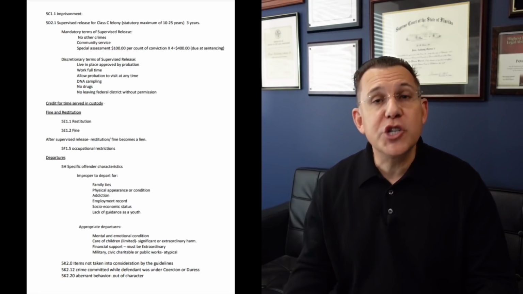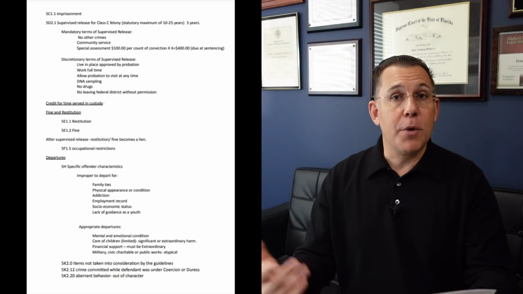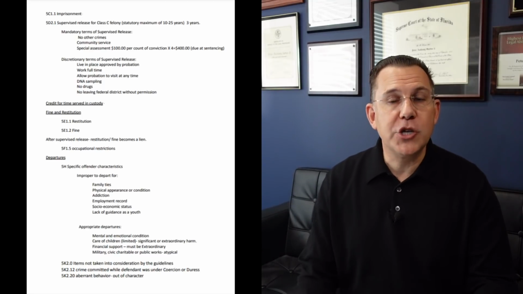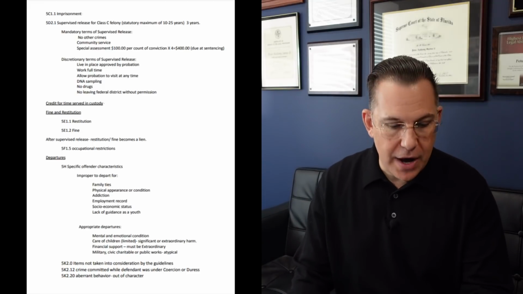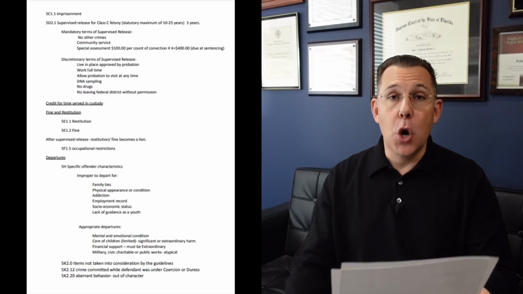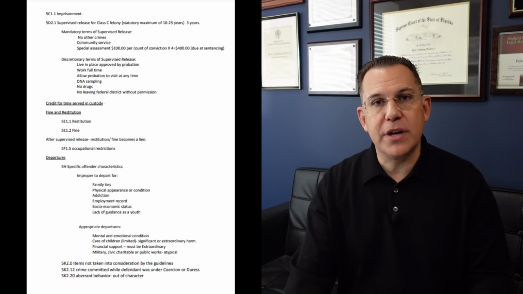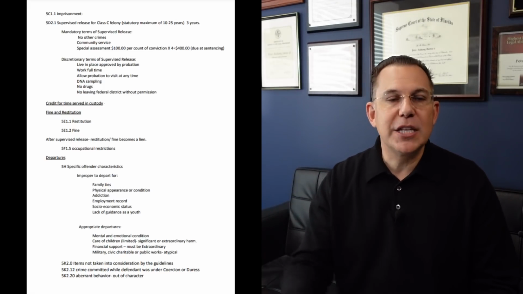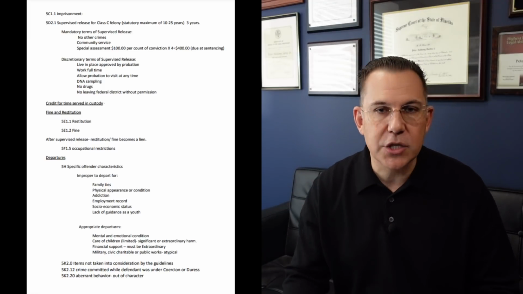There are also discretionary terms that the court can place upon a defendant. For example, determine where she's allowed to live, whether she has a full-time job, requiring probation to be allowed to visit her anytime they want, whenever they want, any time of day or night. DNA sampling, no drugs or alcohol, not being allowed to leave the federal district in which she is supervised without prior approval. To say the least, there are some others, but that's pretty much the ones I would expect are going to be part of Elizabeth Holmes' sentence for her supervised release. So,